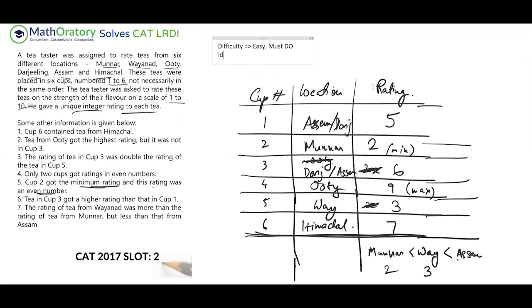Ideal time, just because of that last two questions, I'll say somewhere around 6 to 7 minutes. But then it should not take... I would say 5 to 7 minutes. Actually, I'll put a wider range because you can actually solve the first three questions within 4 minutes or something.